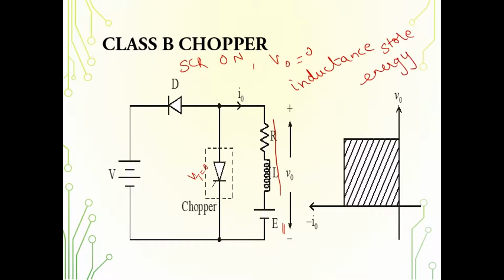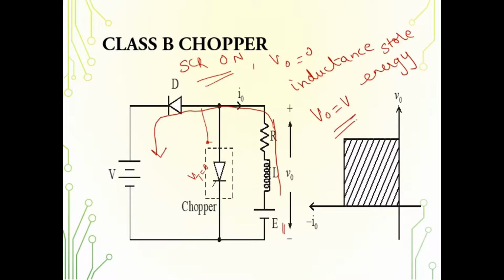That is during the on period of the thyristor. So next, when the thyristor is off, when the thyristor switches off, it is open. The current continues to flow in this path. So when it is flowing, the diode conducts, and this output voltage V0 will be equal to V.